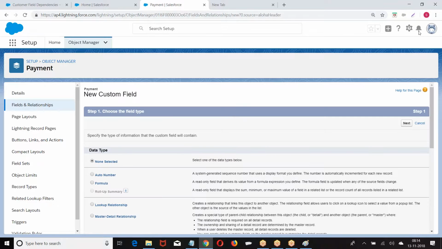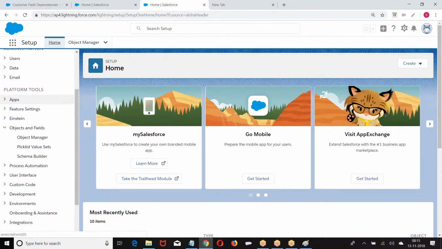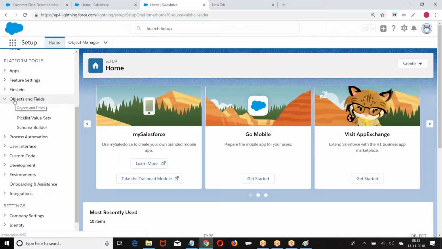Once again we'll use the navigation. Setup, Platform Tools, Objects and Fields, Object Manager.